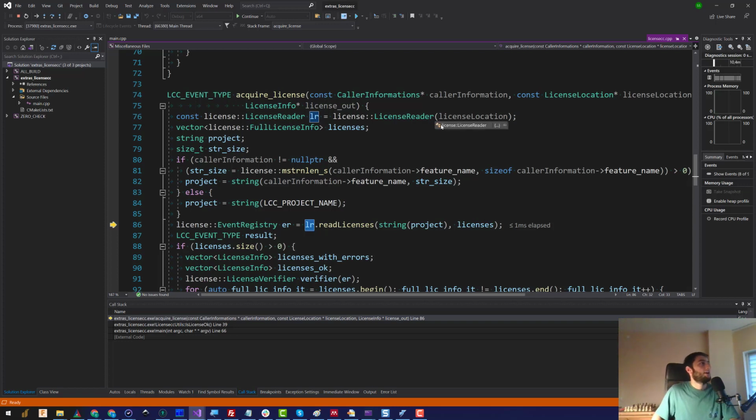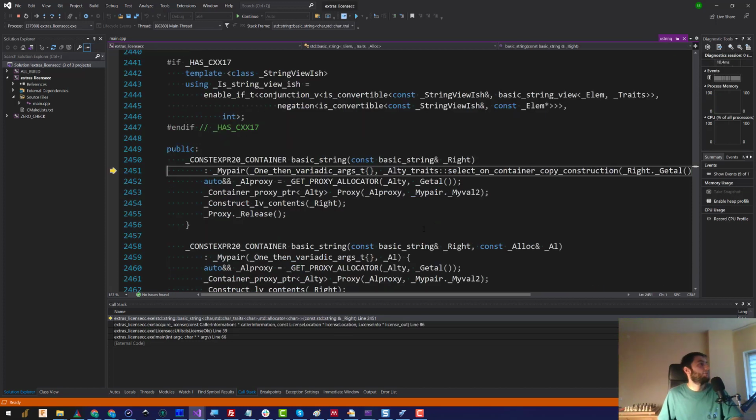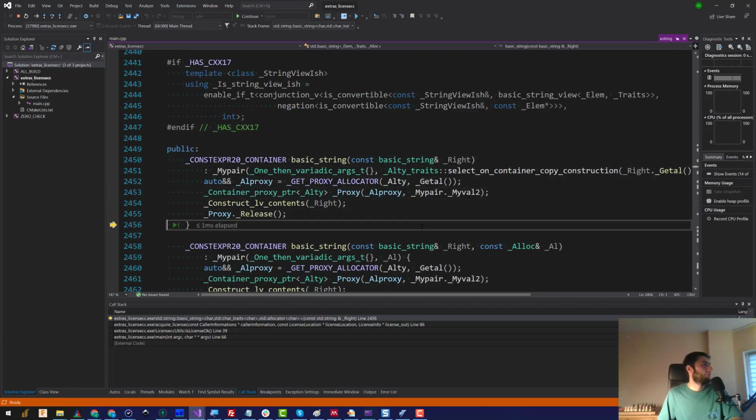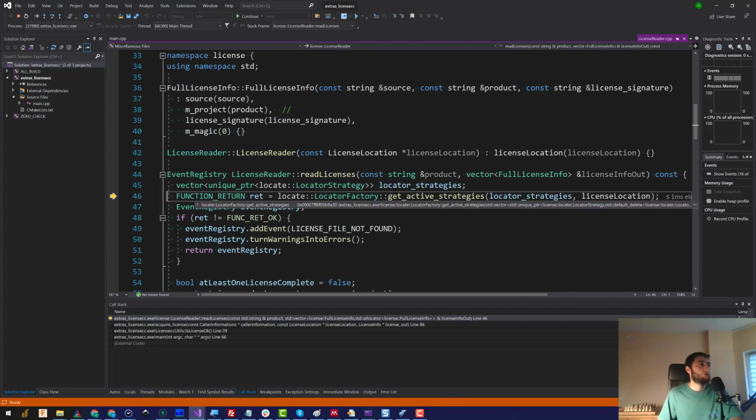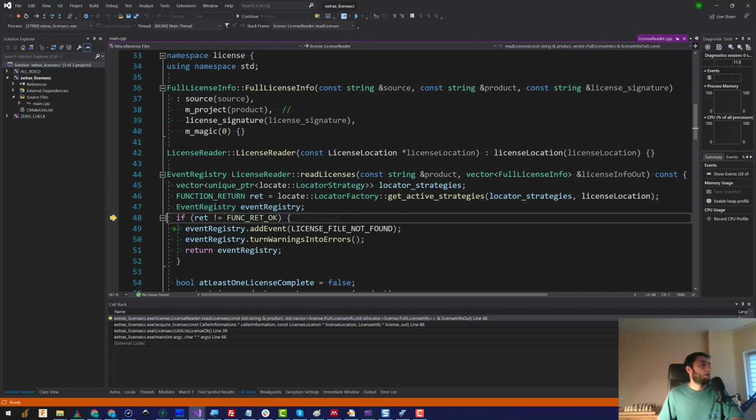Okay, and the license reader is initialized from the license location. I think it's one of the things you might want to customize for your application, but let me keep just this default null pointer and see what's going to happen. The project name is still my demo. I step inside this read licenses, skip all the things related to the standard library, and now we have these read licenses. Okay, we have something called Locator Strategy,